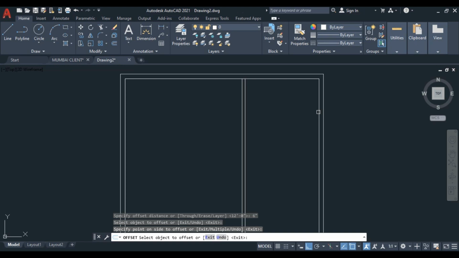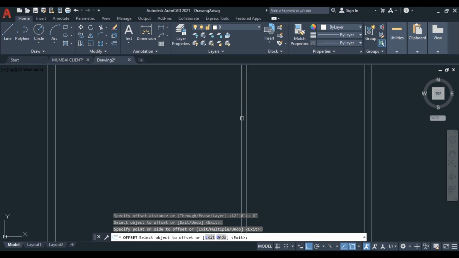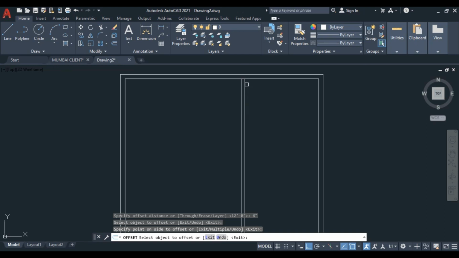Suppose we are taking offset from right to left, so here was the distance for the bedroom, and we just offset towards the left hand side, which is our 6 inches wall.